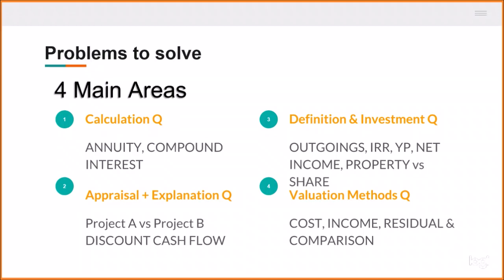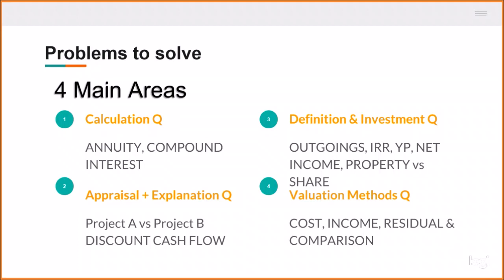The third area, which is likely to be asked in the form of more general questions, covers outgoings, the terminology used, the definition of rate of return, years purchase, net income, and property versus share, in terms of a bit of essay writing: comparing investment in the share market with investment in property, what the various parameters and measurements used are, and how the economy will affect this return. This is one part I guess most people would want to answer and score some marks.